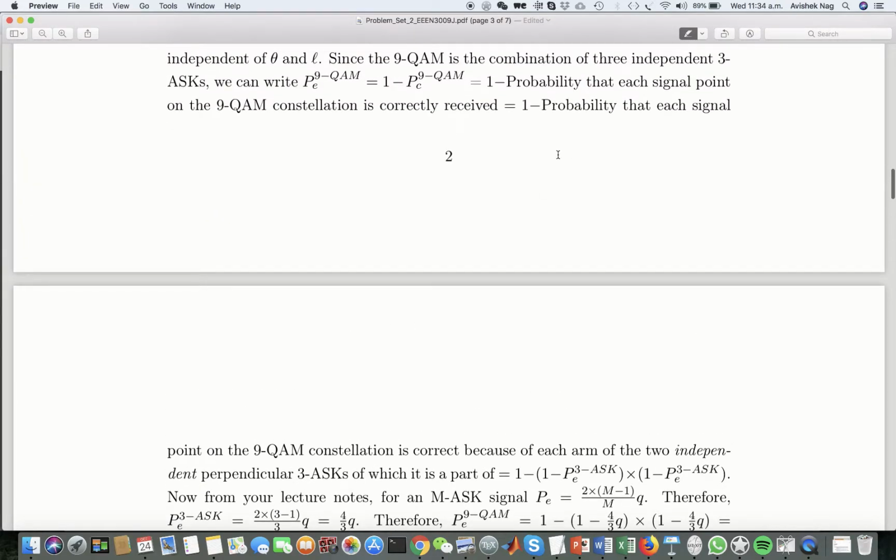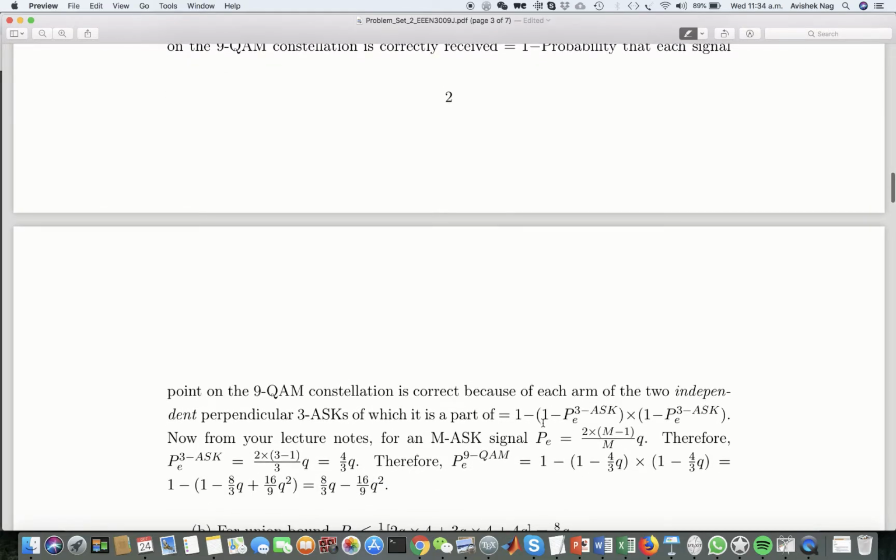the probability that each signal point on the 9QM constellation is correct because of each arm of the two independent perpendicular 3 ASKs of which it is a part. So basically, these two are independent, so this is the multiplication of these two probabilities of being correct. And what are those? Those are 1 minus the probability of error of those 3 ASKs. So if you use this logic, then you can see that